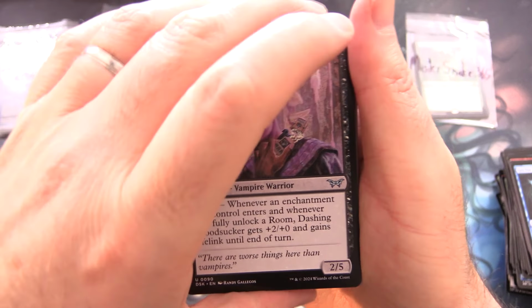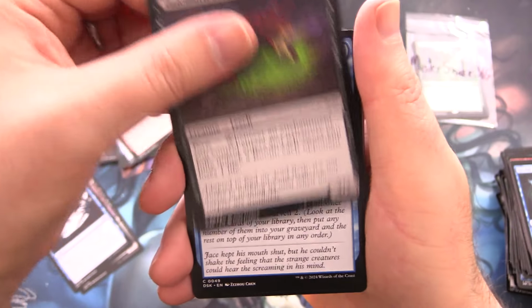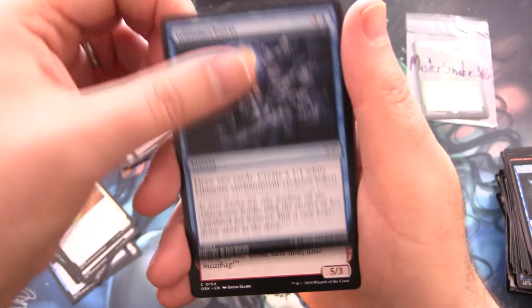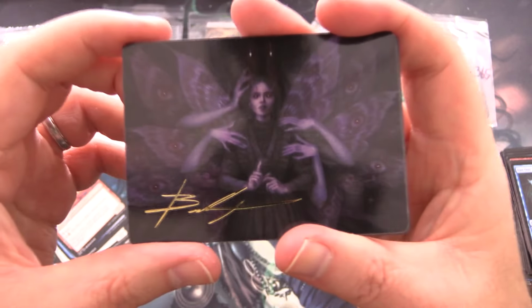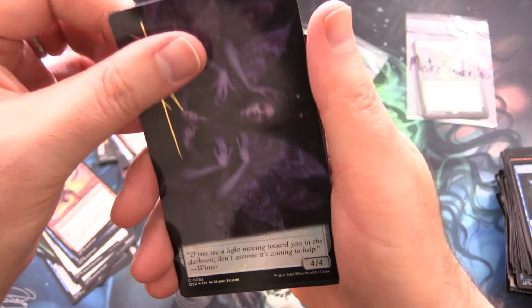And we have a Dashing Bloodsucker. Unnerving Grasp, Bailmote Leech, Don't Make a Sound, Slavering Branch Snapper, Fanatic of the Harrowing, Possessed Goat, Glimmerburst, Ripchain Razorkin, and the art card is Demonic Council, and we do get a signed art card, not too shabby, followed by